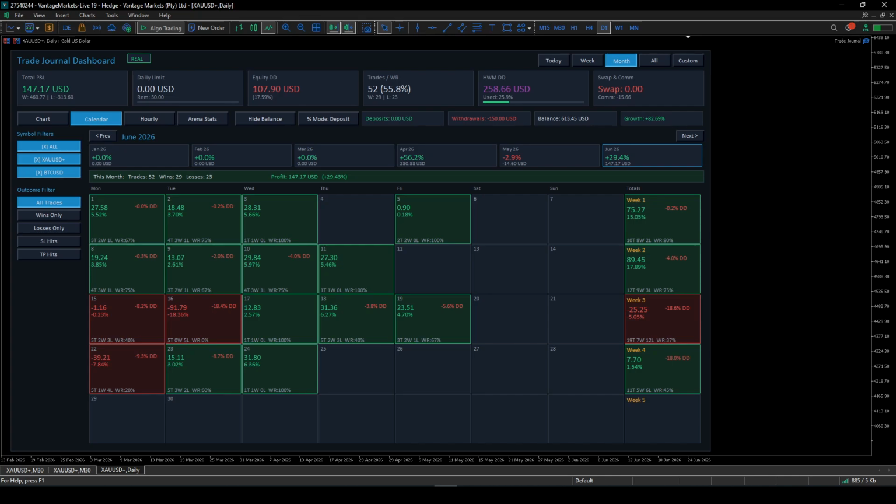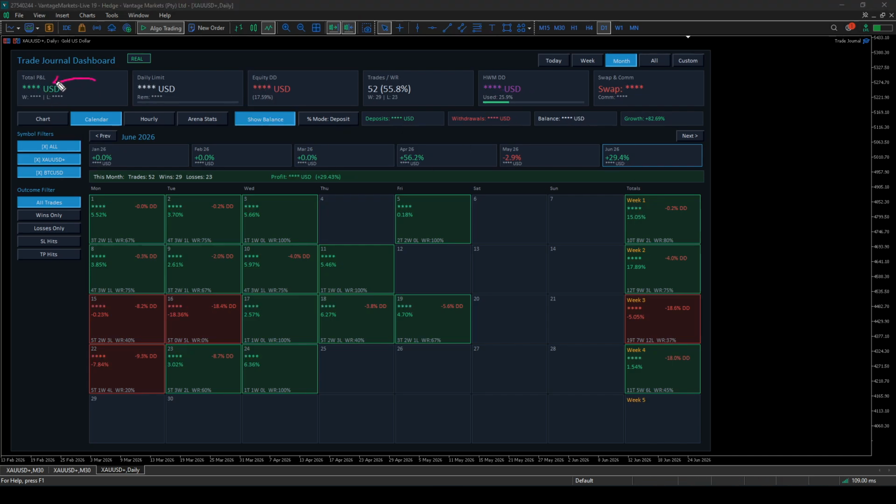Here you can see. And now one more extra feature I added, like here you can see hide balance. Okay, hide balance is a toggle mode, like deposit or daily balance. Okay, very simple. Let me show you. Now if I click the hide balance, you can see every balance or amount becomes stars. See, you cannot